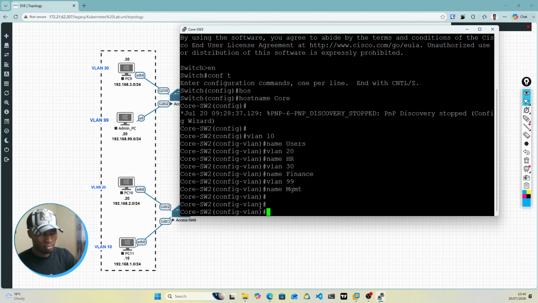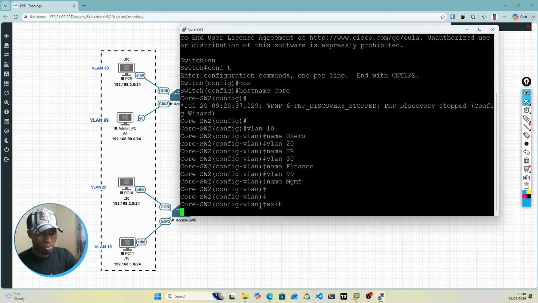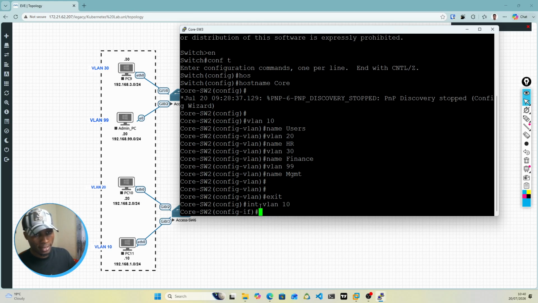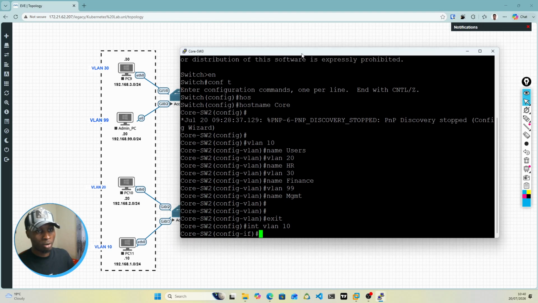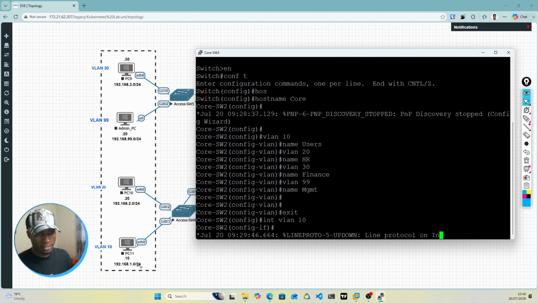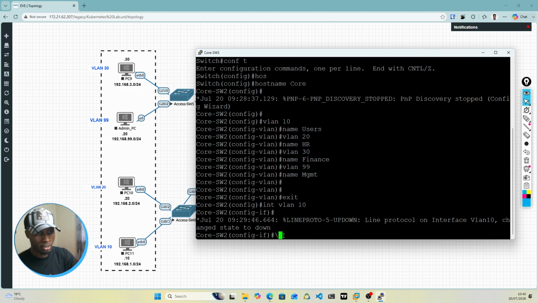So once we do that, the next thing we want to do is to set up SVI as well now. And this is where the secondary part is going to come into play. So I'll exit this, and now we'll go to int VLAN 10, add our IP addresses, but now we'll see where the trick comes in. So we'll do int VLAN 10, we'll enter there, and from our design that we already have, you can see VLAN 10 has this network as we're doing on the other core switch. So if we enter VLAN 10 and we take IP add, we'll put the same